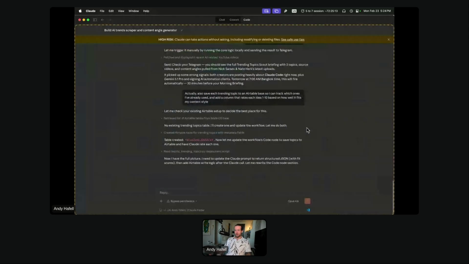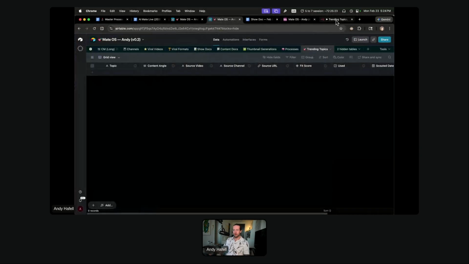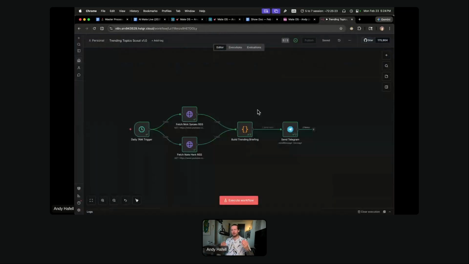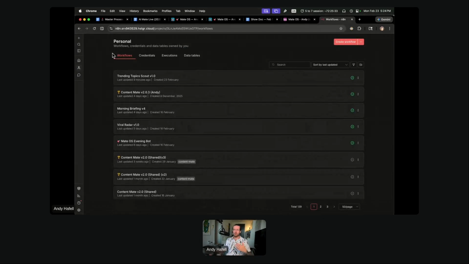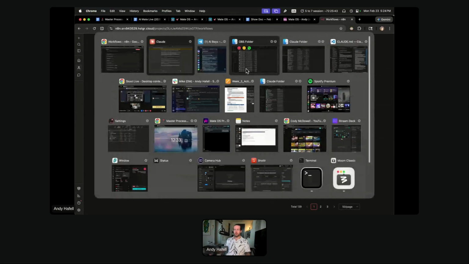And so now Claude Code is doing it for us. So here it's doing the rewriting the code node section. The code node here is so awesome because many of you have probably used ChatGPT for a lot of nodes that you want to reformat, but that's obviously quite costly compared to the code node, which is ultimately free. And you'll see that it's going to do some changes and then it's going to say last updated 9 minutes ago. So it's still working.